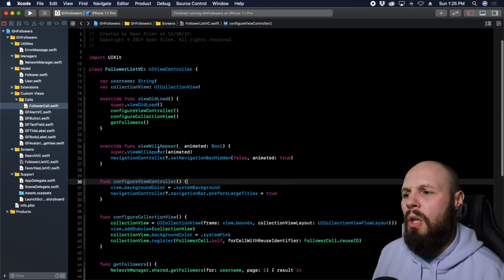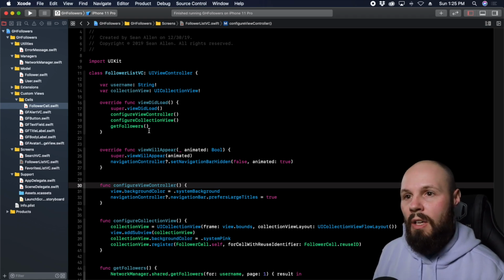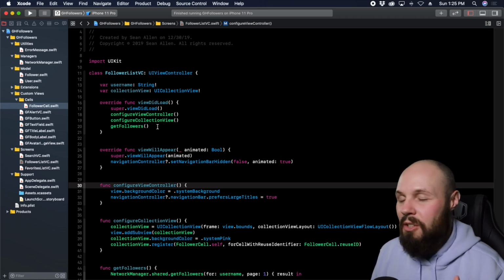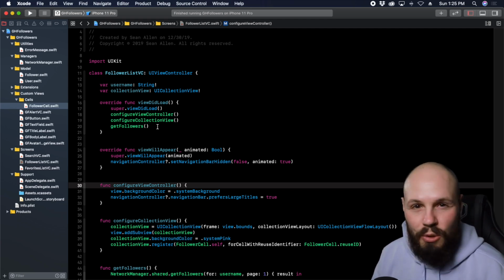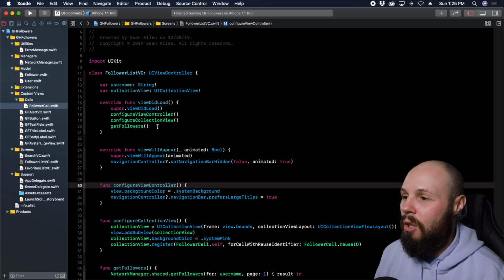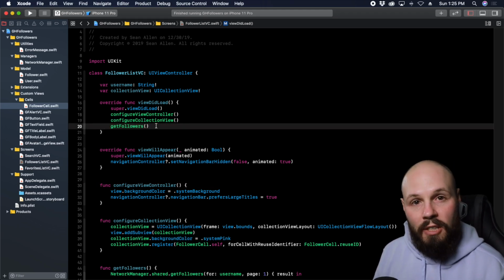But again, back to the viewDidLoad spiel. I like my viewDidLoads to read like a list of commands, right? I don't like to have any logic in my viewDidLoad. I mean, sometimes there's minimal logic, right? Just like I said before, there are no absolute rules. Sometimes I break that rule, but for the most part, I like my viewDidLoads to read just like a list of commands, because I think that gives you a good idea of what's actually going on